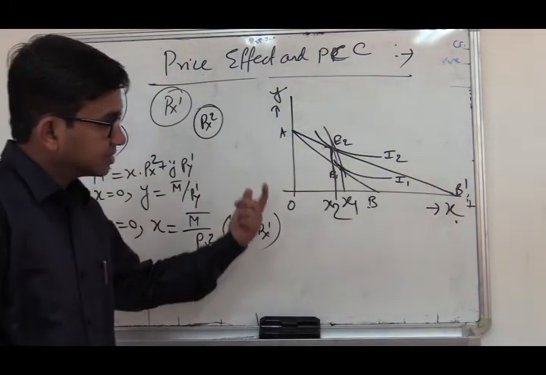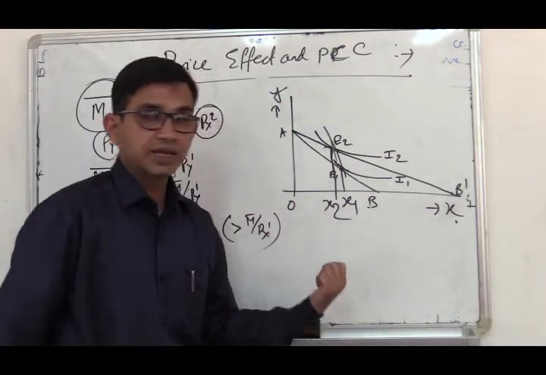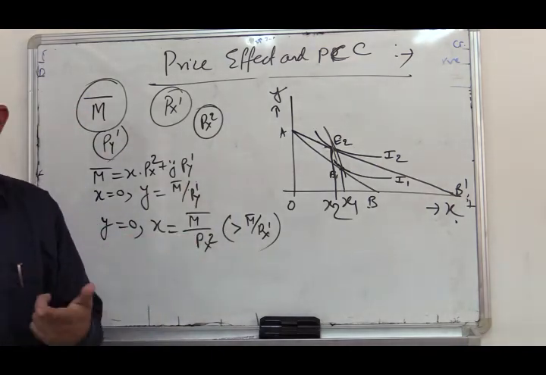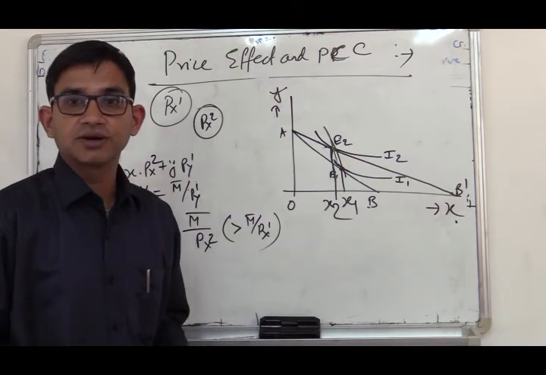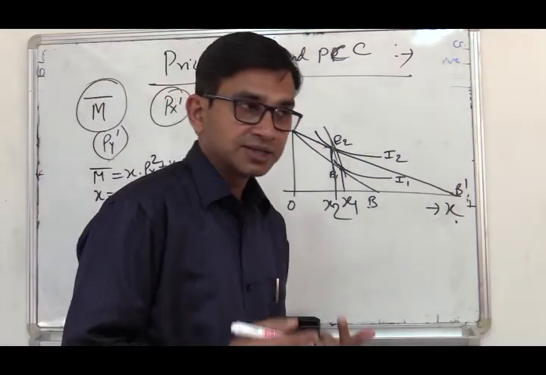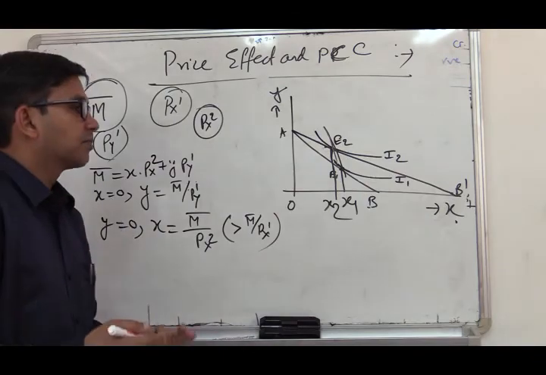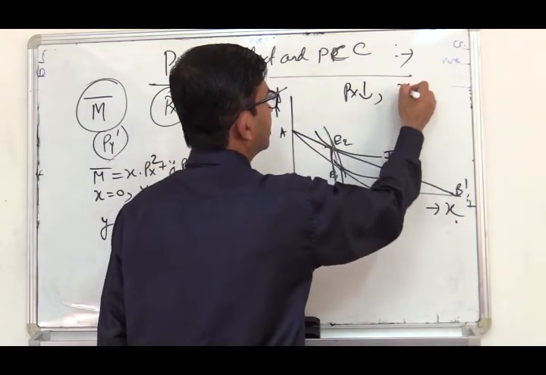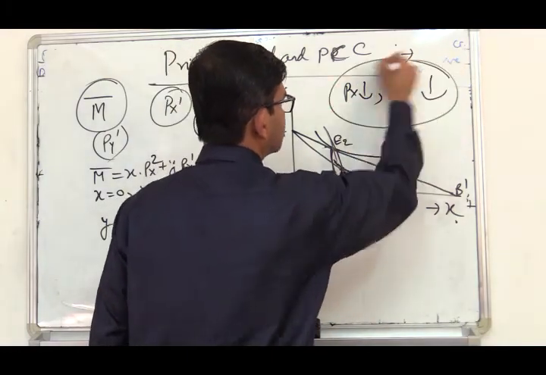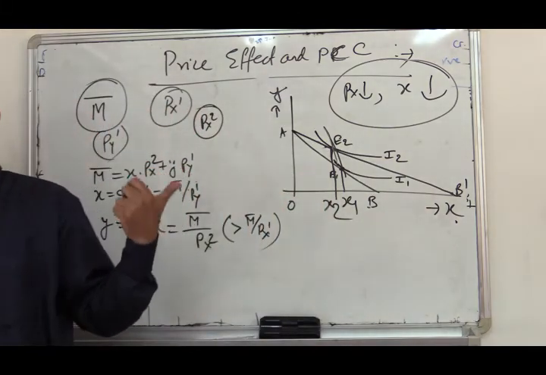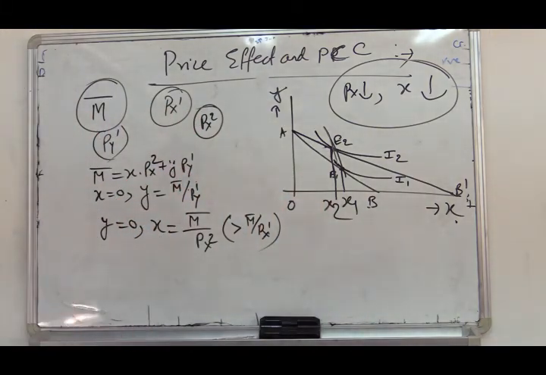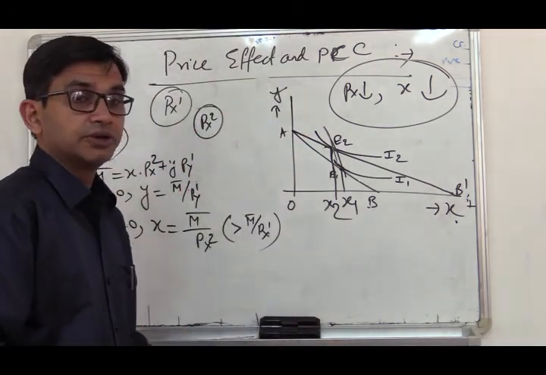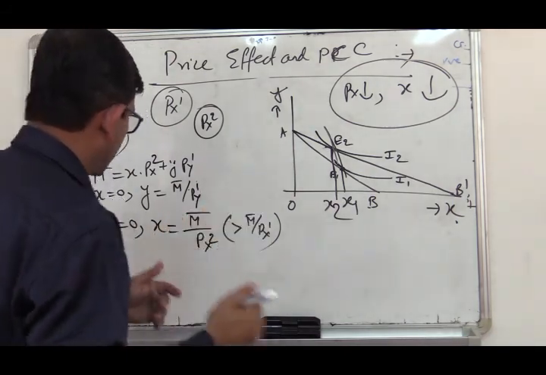So for commodity X, what do we see? Other things remaining constant, if the price of X falls, its demand also falls. So demand is not inversely related to the price of the commodity now. Other things remaining constant, demand is directly related to the price of the commodity. Price falls and demand for X also falls. This is called the direct relationship between price and demand. So for the case of a Giffen commodity, we see that demand falls due to a decline in the price of the commodity, with other things remaining unchanged.